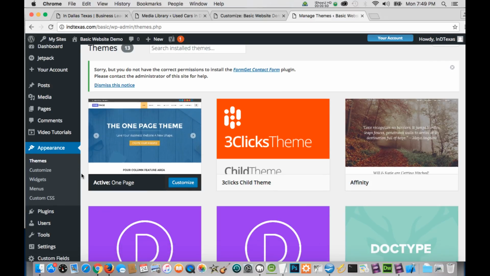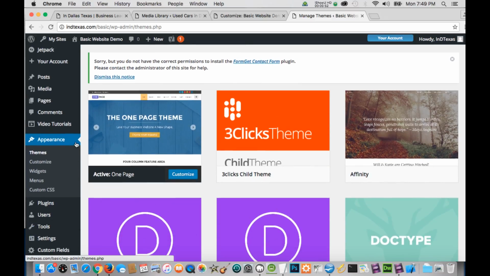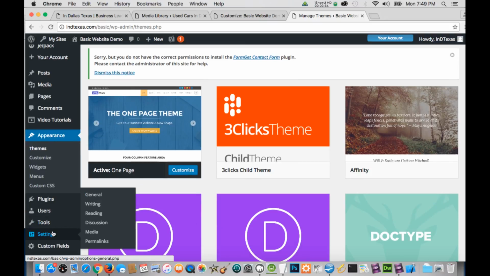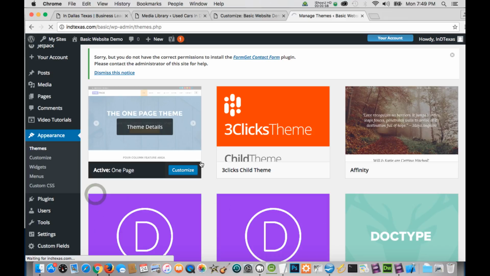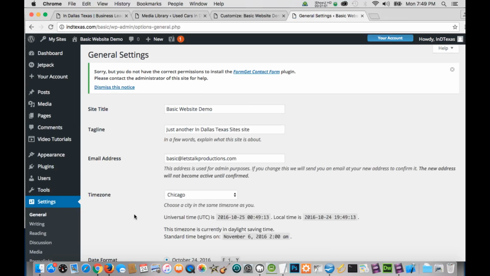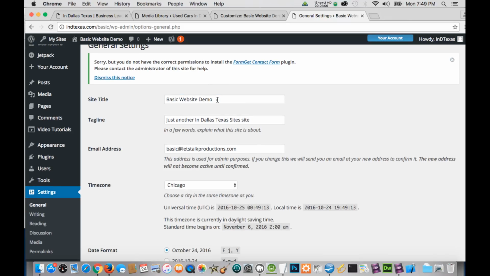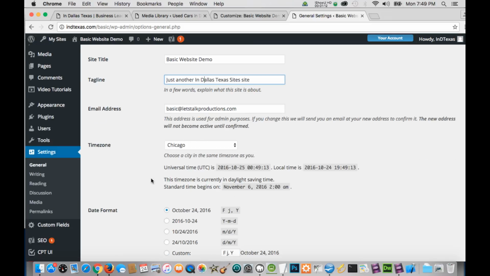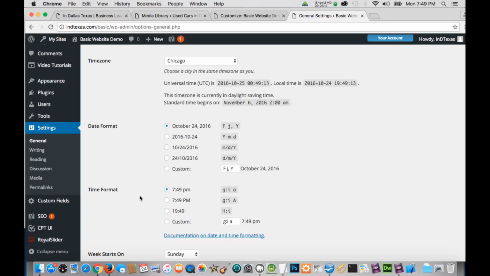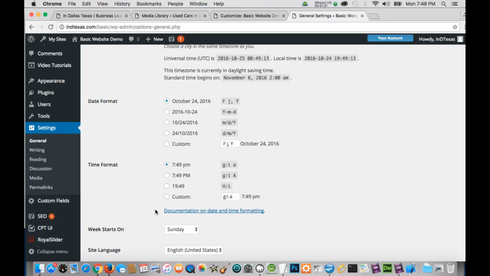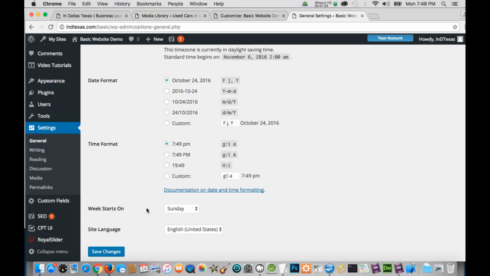So the next thing I want to do is to go under my settings and General, and I want to make sure those settings show everything that I'm going to want shown on my home page, such as the site title and my marketing tagline. I want to make sure my time zone is set. Chicago is the time zone that I'm in. The date format, you can leave it just as it is. And the week starts on Sunday. Then click Save Changes. Next, under Writing,